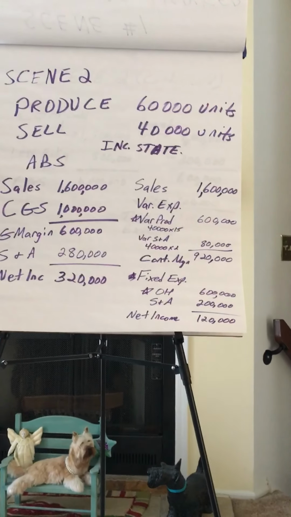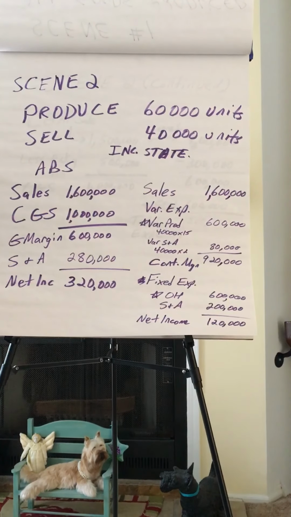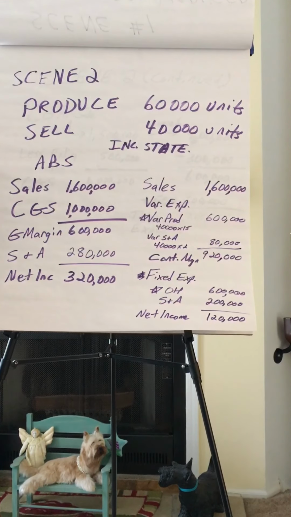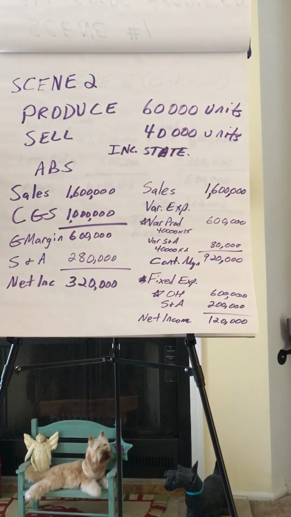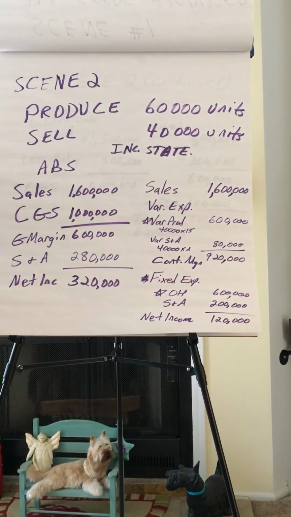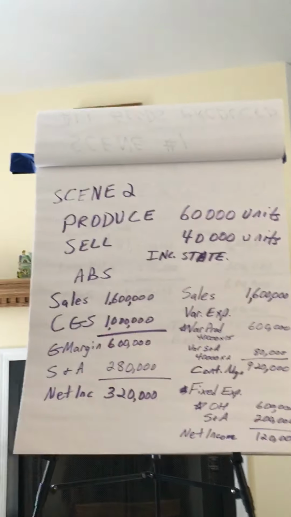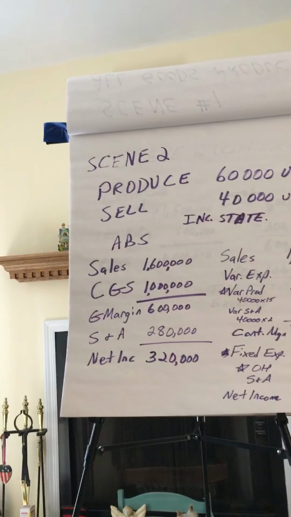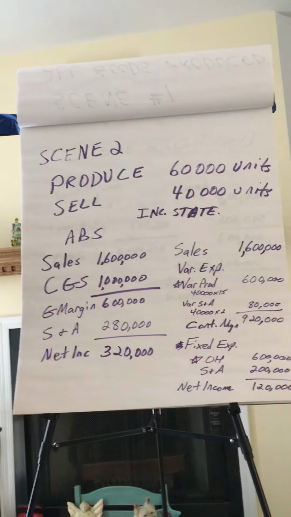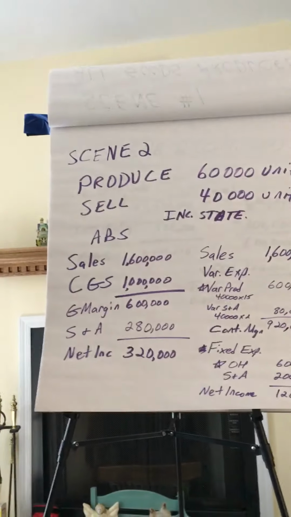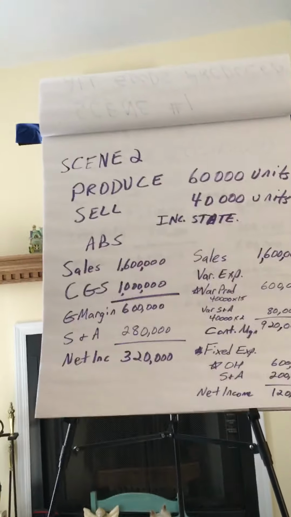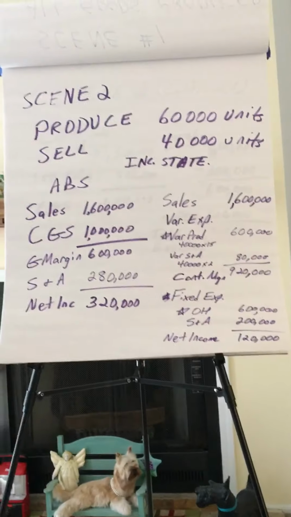Okay, scene two. What happens? Well, they're still producing 60,000 units. You can call the first scene 2017, year. Let's call this year 2018 for scene two. All right, what happens? They make 60,000. Low battery. It's not photographing. Oh, I'm sorry. I should have